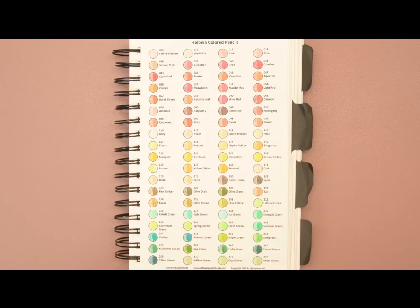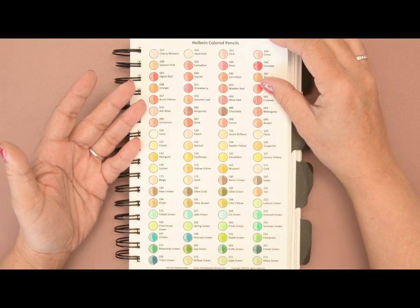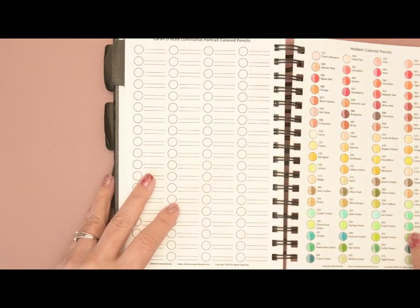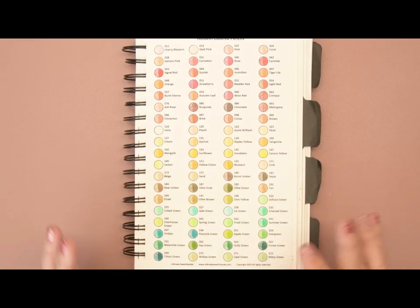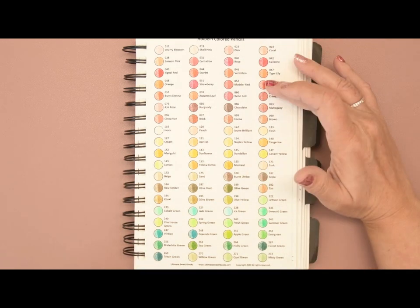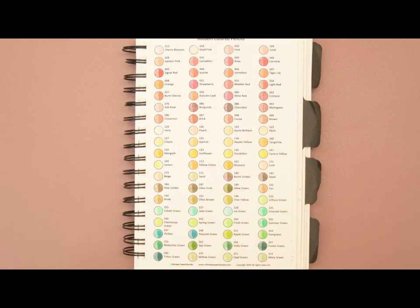All right, everyone, to save some time in this video, I went ahead and swatched out all of the Holbeins so you can see here what they look like. I really enjoyed doing this. The color range is so nice. There are so many greens in this set, which is great. I love the fact that there's such a selection of greens, and there's a lot of pinks and reds, which is again superb. But what I noticed is there's not very many browns, so I was kind of disappointed about